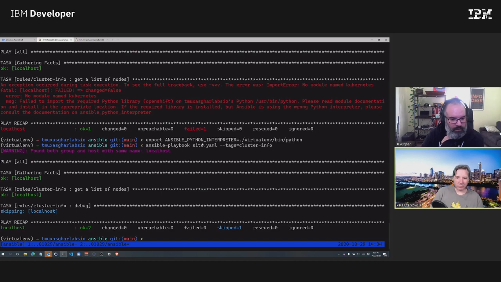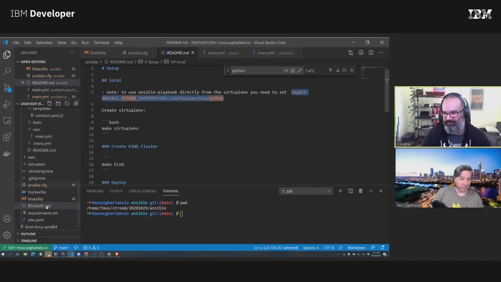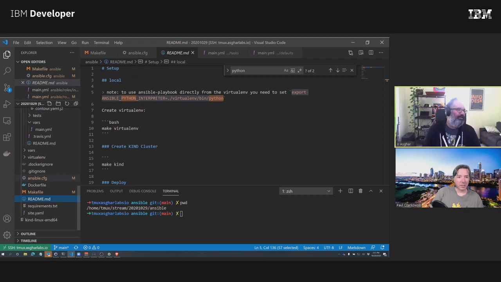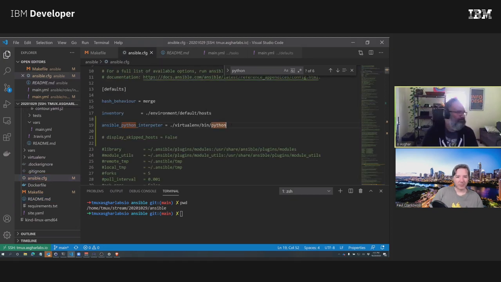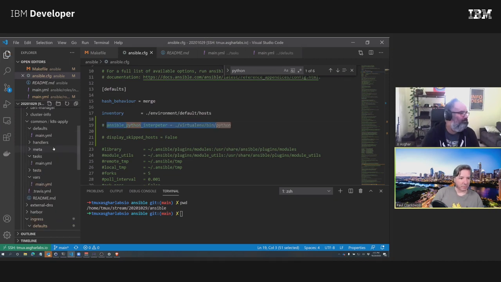No, here we go. So maybe I spelled it wrong. Oh, okay. But if I do it as the environment variable here, it works. I guess that's the other thing I could have done is put it in my, this is getting really painful. I could have put it, let's find my Ansible config. Update the docs while you're working. Well, hopefully we don't need the docs. So I can delete it once I've.